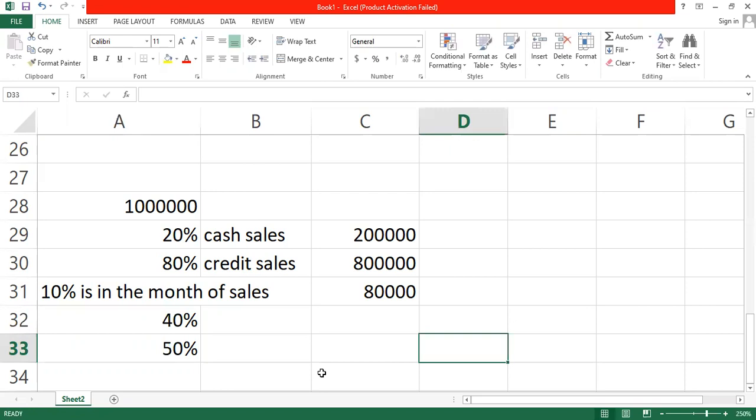So that is how it is going to be, and always we draw a schedule for it. You have to draw a schedule to know when you are going to receive this money. Another issue can also be like this. The question can also be like,